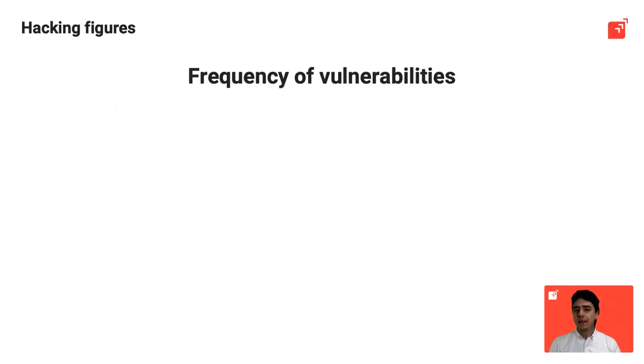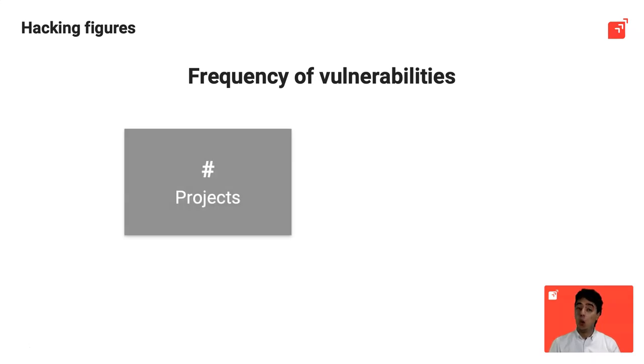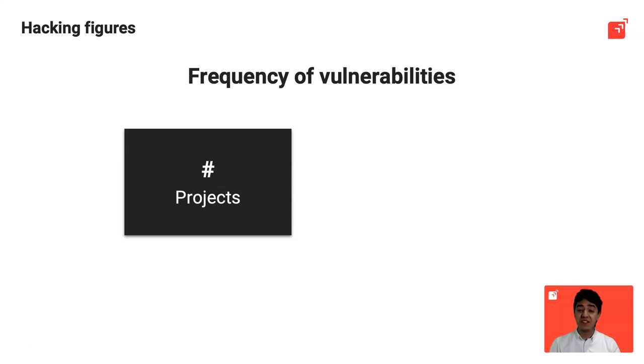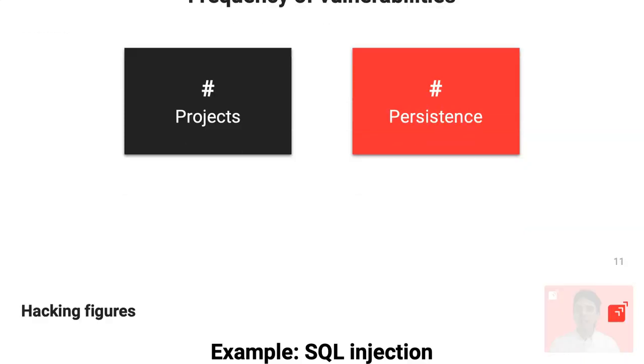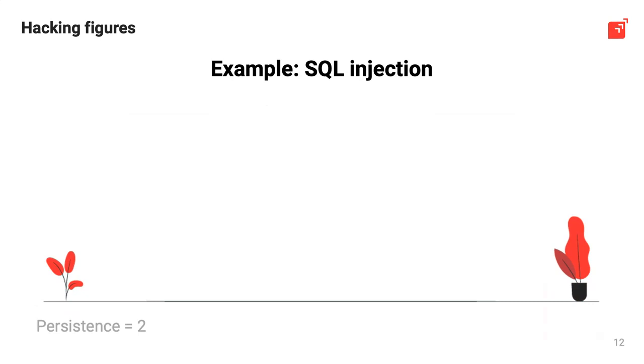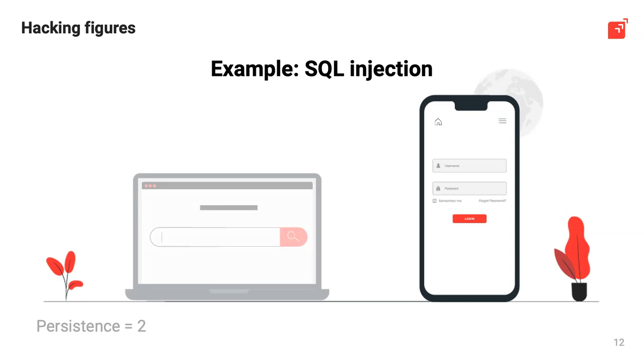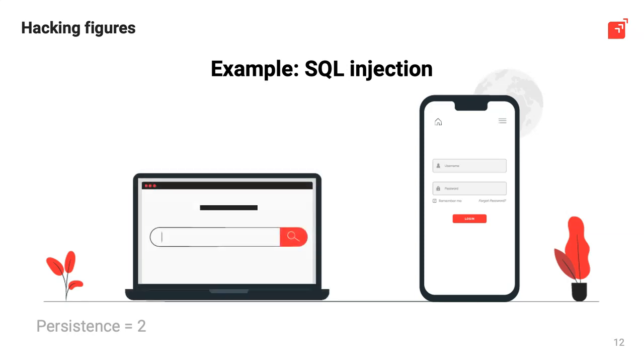Now let's take a look at the most common vulnerabilities in the period. Fluid Attacks defined two ranks to describe the frequency of weaknesses. One, the number of projects in which a specific vulnerability was detected, and two, the total instances of a vulnerability, which we call persistence. Here's an example to clarify persistence. A SQL injection, a very known security hole, could be found in one or more input fields within an application, like a login form or a search field. The total number of places where a SQL injection can be performed equals its persistence.